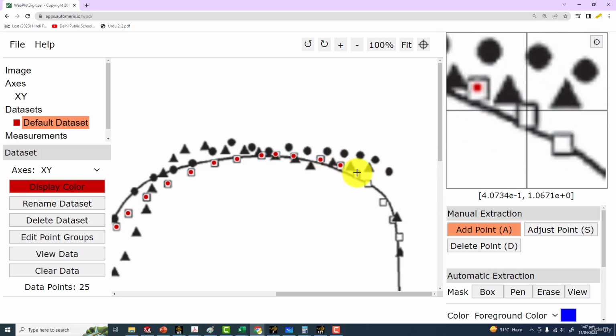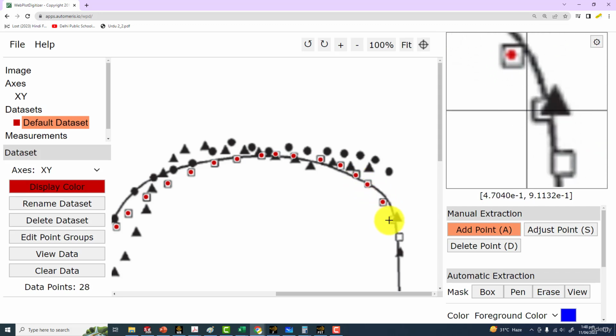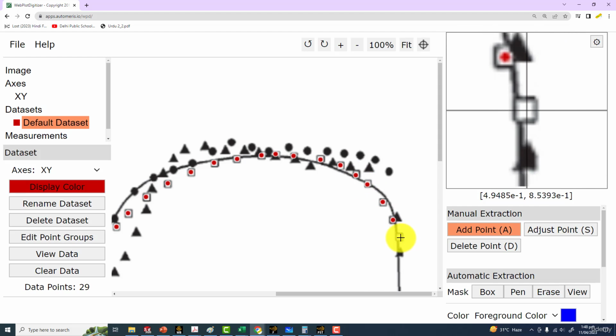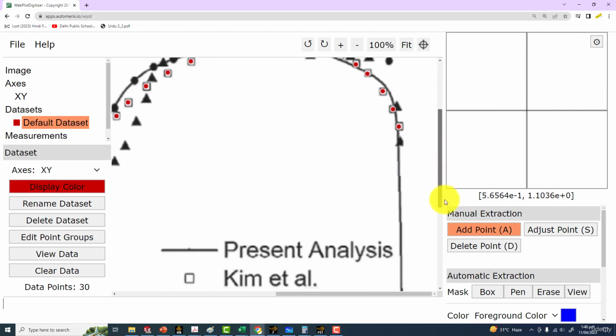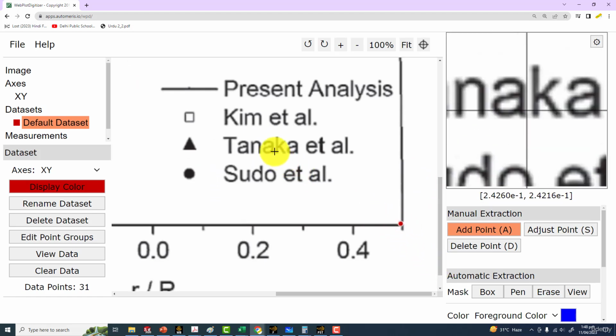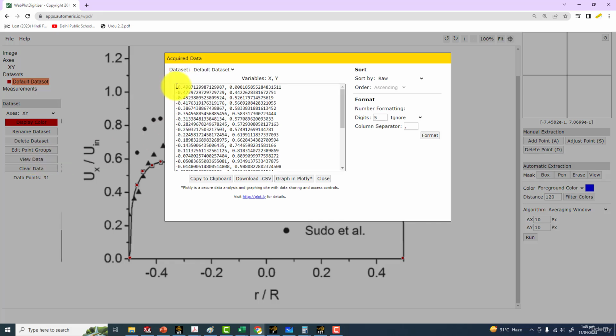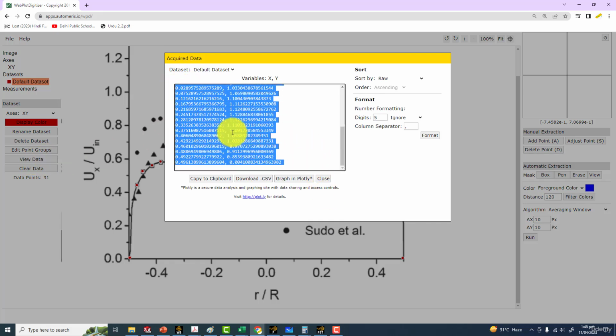So take all these points. Okay, so now you have to click on the view data,